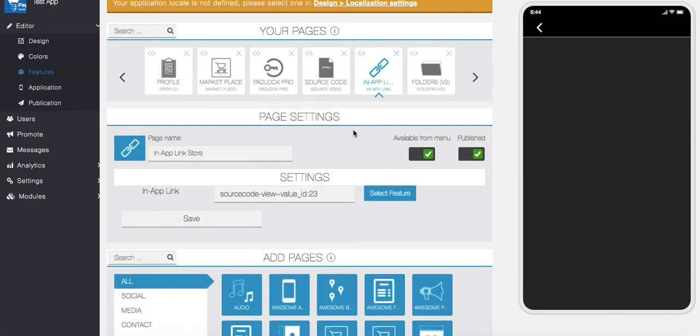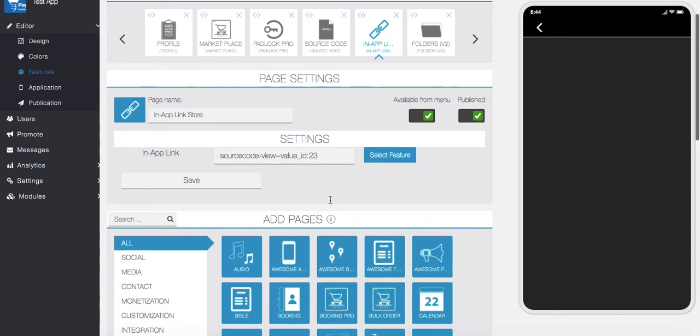Okay, so it is like creating a shortcut from the main menu. And I'm going to explain how you can create a shortcut to any Siberian page inside the app actually.